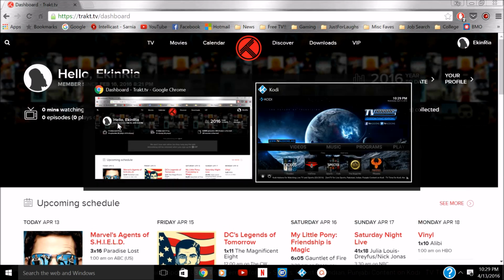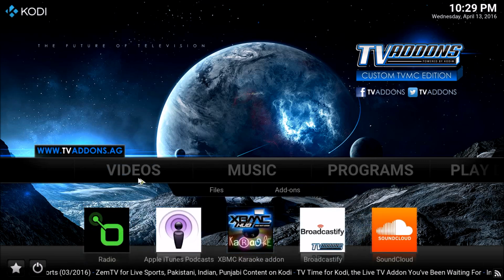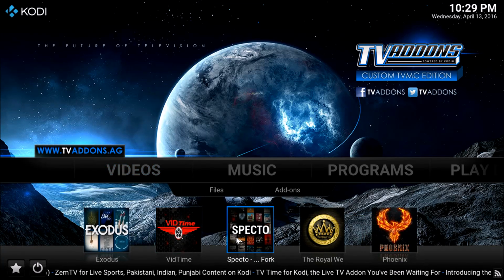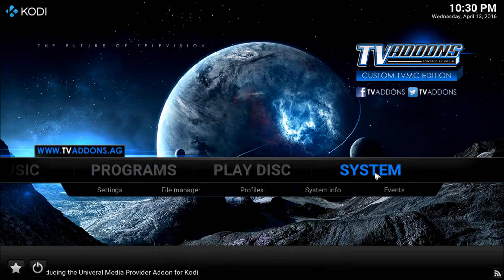Now, how do you install it and sign in? Okay, first of all, you can just sign in through your Exodus, and by the way, Specto also has it as well. But I'm finding that there isn't the greatest communication between the add-on and the website. So I'm going to suggest that you add a couple of program add-ons. It's only going to take you a couple minutes, really quick, really simple, and I'm going to show you how to do that. So we're going to migrate right over here to our system,